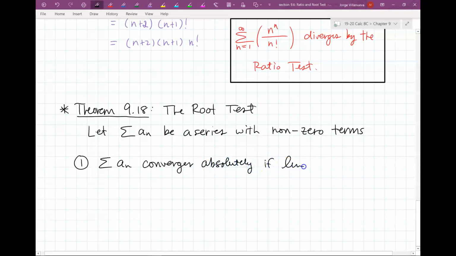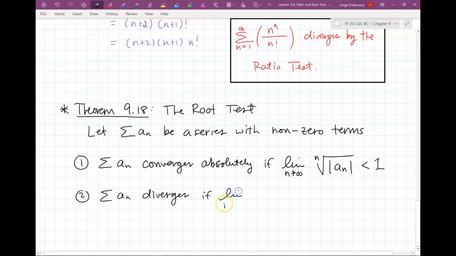If the limit as n approaches infinity of the nth root of the absolute value of a sub n is less than 1. So you're going to take the nth root of it. Now people always say, well, when do I know I should do this? Well, if you see an nth power, an nth root usually knocks it out, right? So sometimes when you see a lot of nth powers, you'll use this test. Okay? Second one, the series diverges